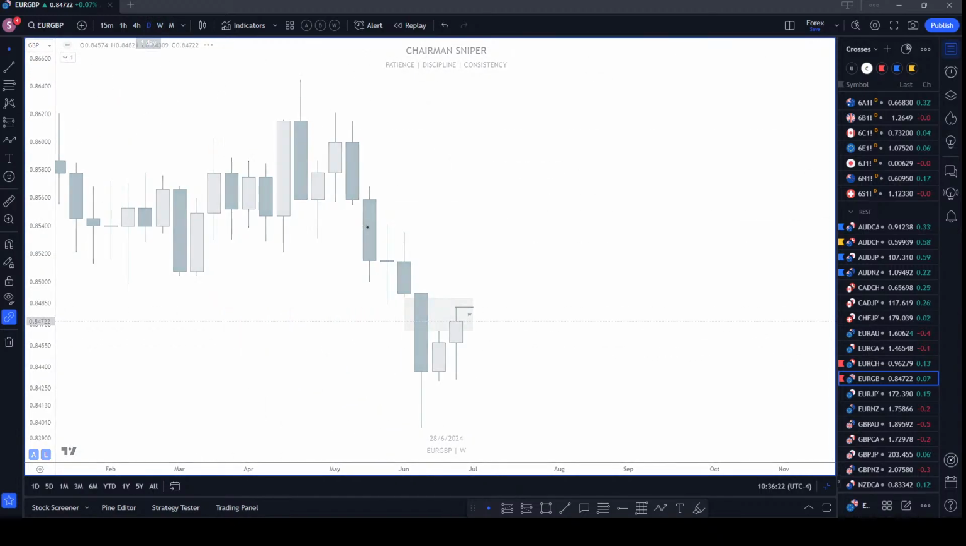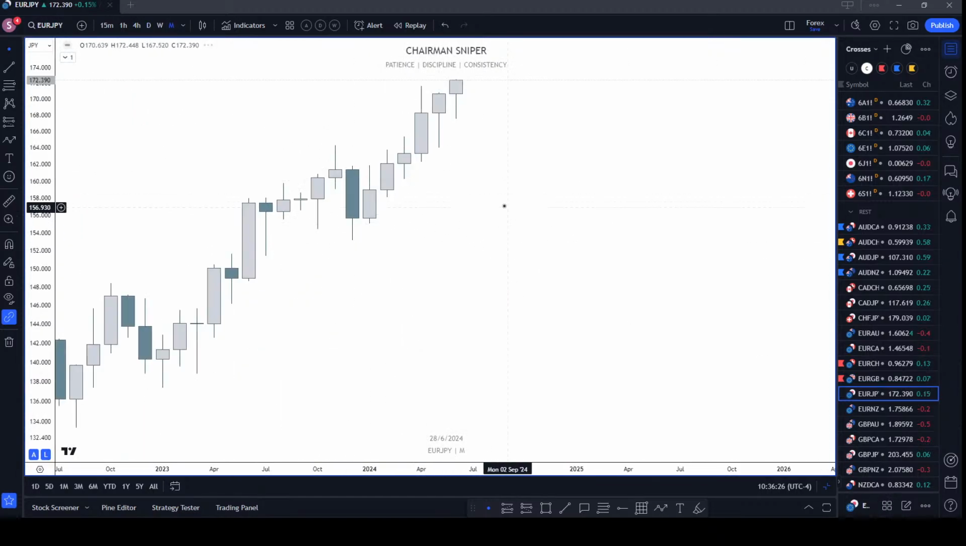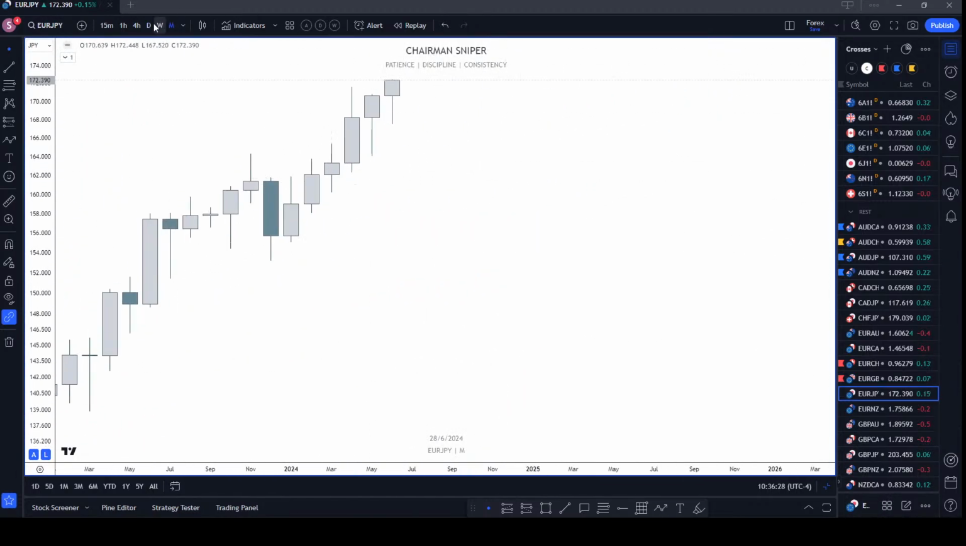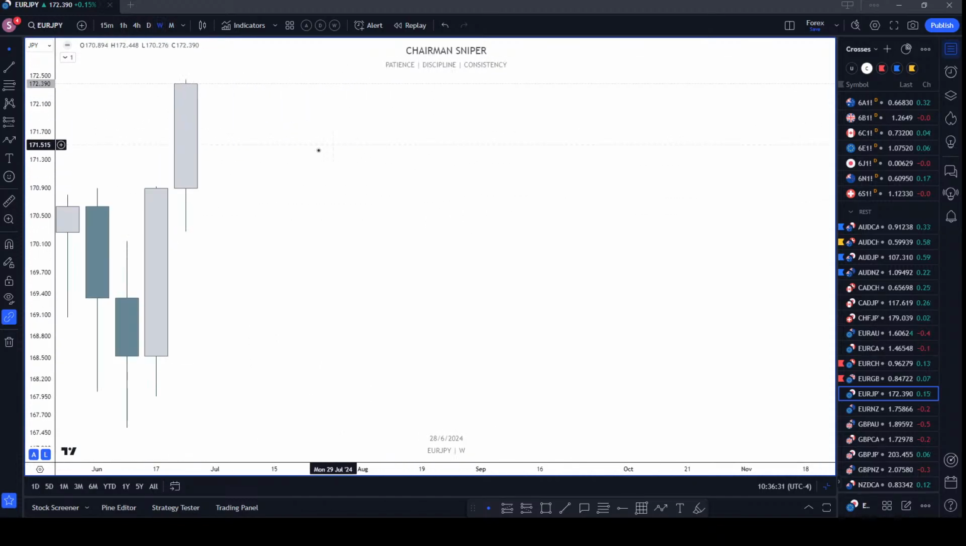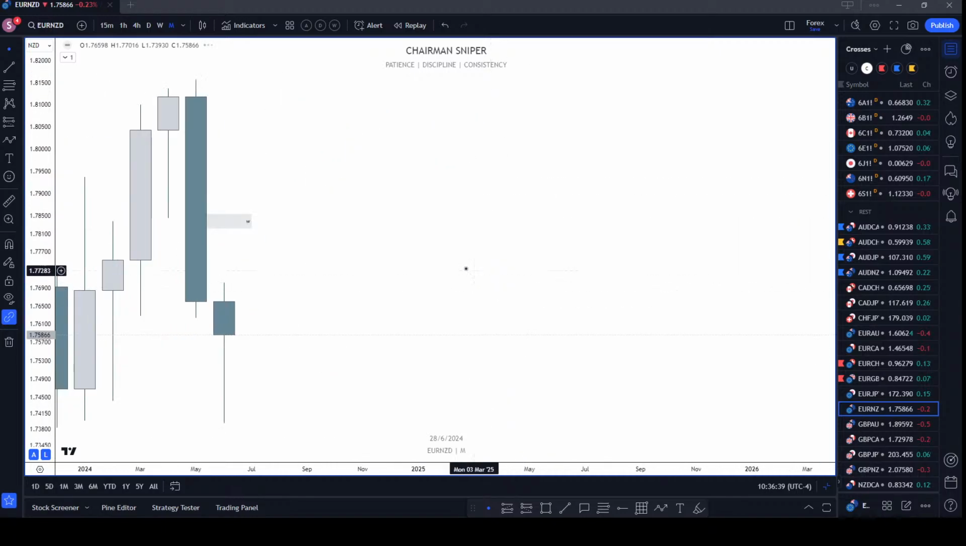Okay. Euro JPY, expecting overall bearish prices in euro, so I can already see that I don't really want to trade this. We have a breakaway gap right here. On the daily, we have nothing to indicate any bearishness. Euro NZD,